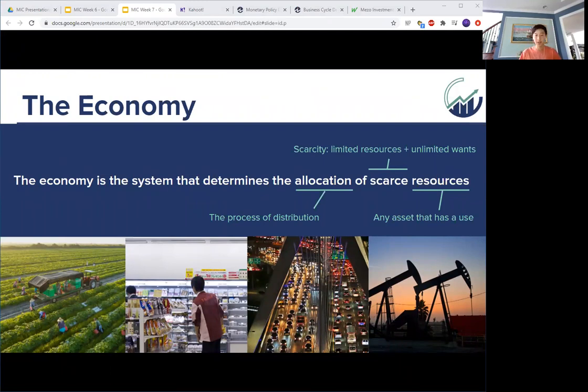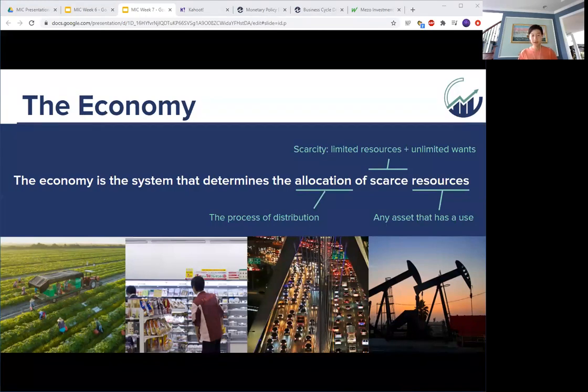So then what are scarce resources? Well, resources in this context is any asset that has use. Trees, water, cows are all types of resources because they are assets that have a variety of different uses. So then scarce resources means that there are a limited level of resources and an